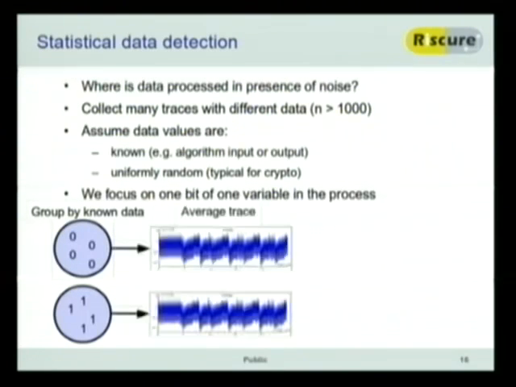Next thing we do is we take these big bins of traces and we average them. So we end up with 2 traces. And the interesting thing is that the only difference between these 2 traces, the only statistically significant difference between these traces, is the fact that these bits are different. Because all the other bits that we send, they're uniformly random, so they're not correlated with this one bit that we're looking on. So the only statistical difference that we've made here is that one bit being processed.